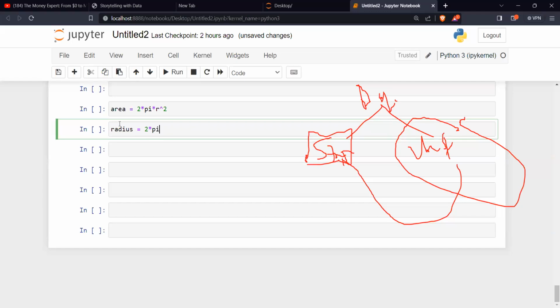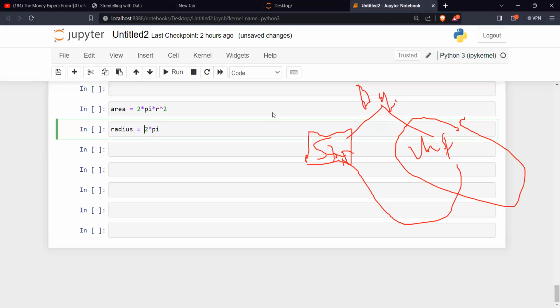It's like we're trying to recalculate it back, isn't it? I think the radius is the r inside. So we know the area, and we need to get the radius from the area.